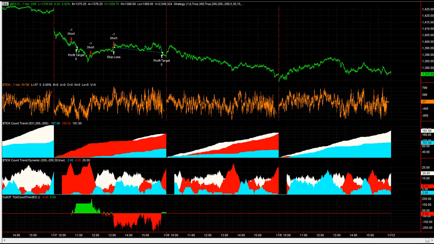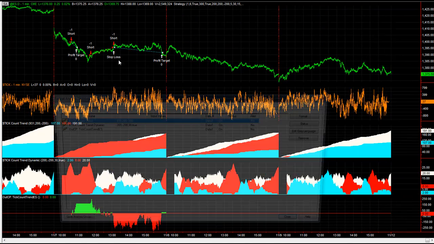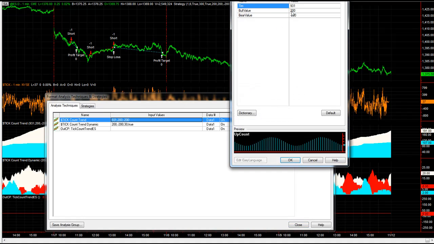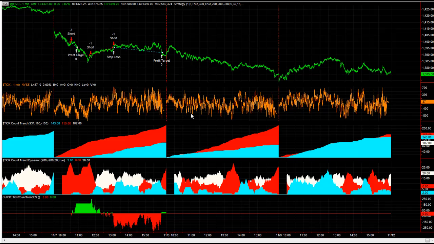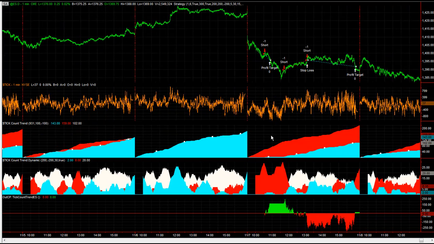If we want to be more aggressive, we can change it back to what I had before, plus or minus 100. You go in here and you change these to plus or minus 100, and anything above 100 will add to the bullish ticks, and below minus 100 will add to the bearish ticks for the day. And then you take a look at that, and you see the indicator, very bearish, bearish, bullish. Go back, Tuesday was bullish, Monday was mixed,